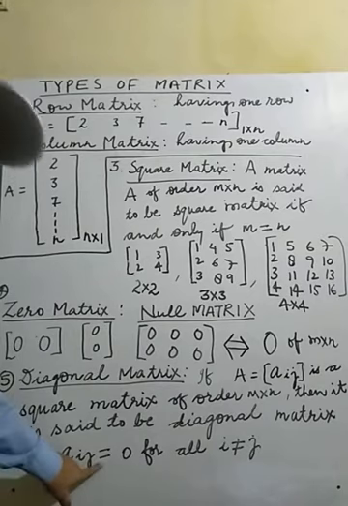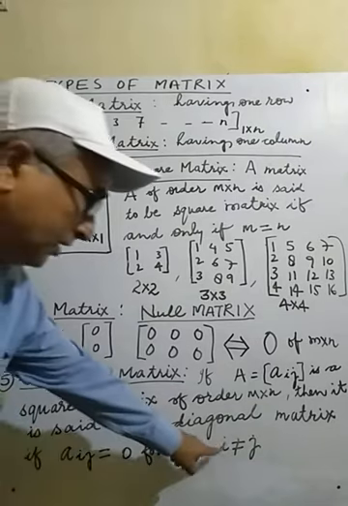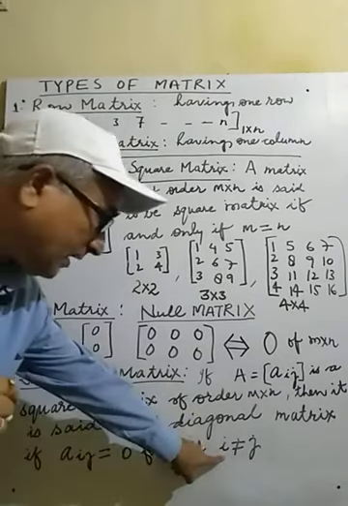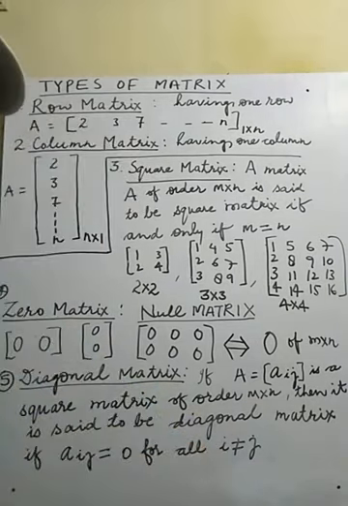Try to follow here, keep in mind. For all elements where i is not equal to j, these will be 0. The elements where i and j are equal will not be 0. Leaving those elements, all the elements are 0. So how will we obtain this one? For example, if the first element is taken, the first one will be a11. So i is equal to j, so this will not be 0.